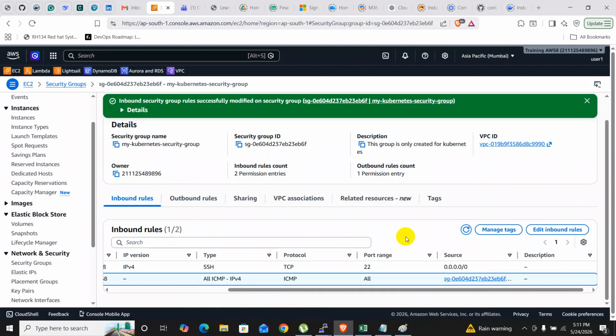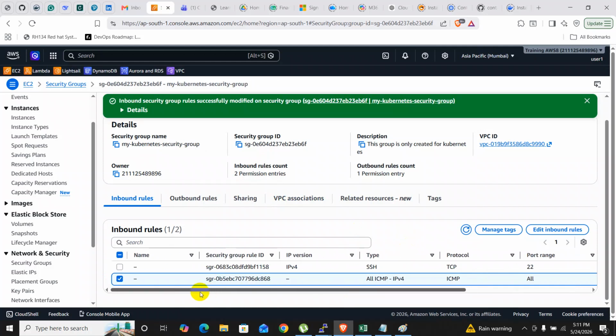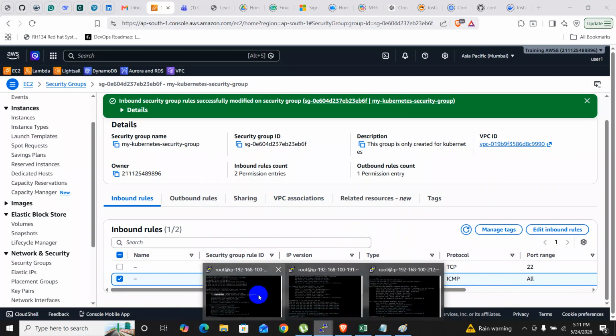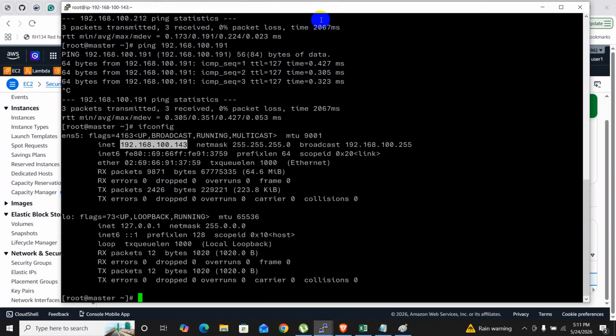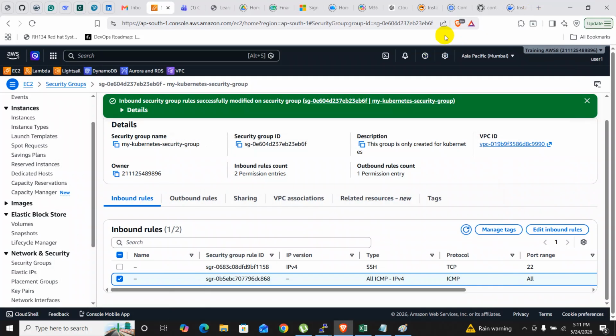Correct? I said okay, that's nice. Now what is the next part? So now we will go to the documentation of the Kubernetes and we will see what things need to be done on these machines. So if I go here,